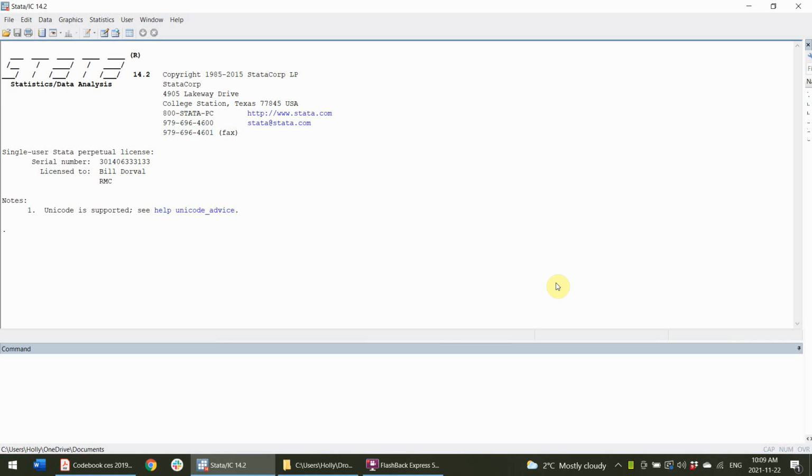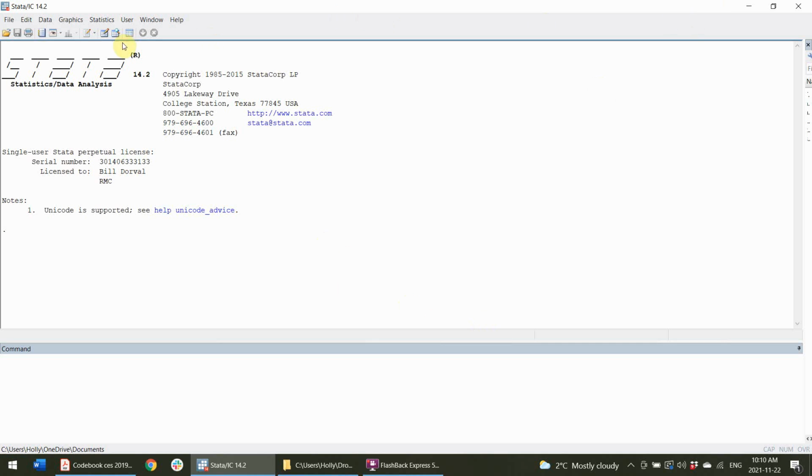Okay, so today we're going to learn about how to work with Canadian election study data using STATA. And this is a good tutorial for you to practice learning how to use STATA, how to clean data, and run some very basic statistical tests. So I've opened up the program, STATA,